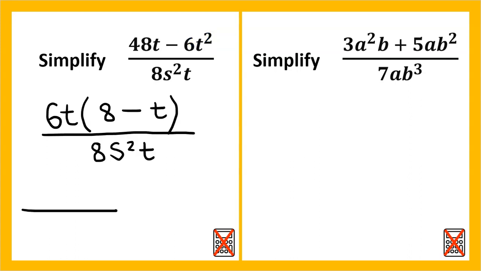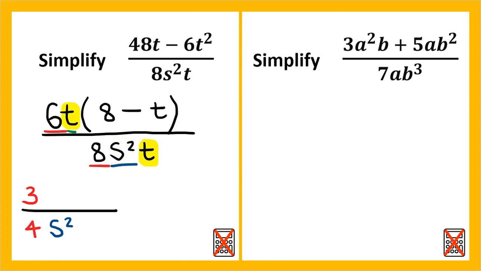Because simplifying just involves looking at the factors of the numerator and the denominator, we can now just focus on simplifying these parts of the algebraic fraction. Similar to how we did on the first questions, 6 and 8 are both divisible by 2. 2 goes into 6 3 times and 2 goes into 8 4 times. Notice how there is no factor of s in the numerator, so nothing will cancel